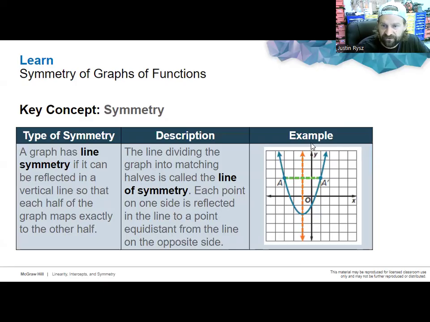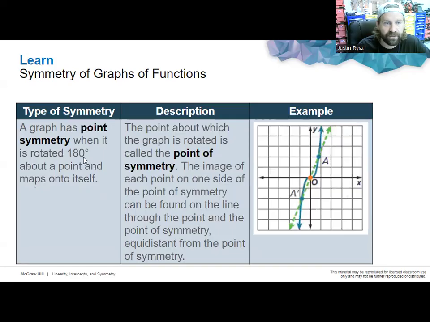Okay, we look here, we have vertical line symmetry because if I flip this point over there, it's the same. Same thing, if I flip point A over here, it's the same. So the line dividing the graph into matching halves is called the line of symmetry. Each point on the line is reflected to the other point and is an equal distance from the opposite